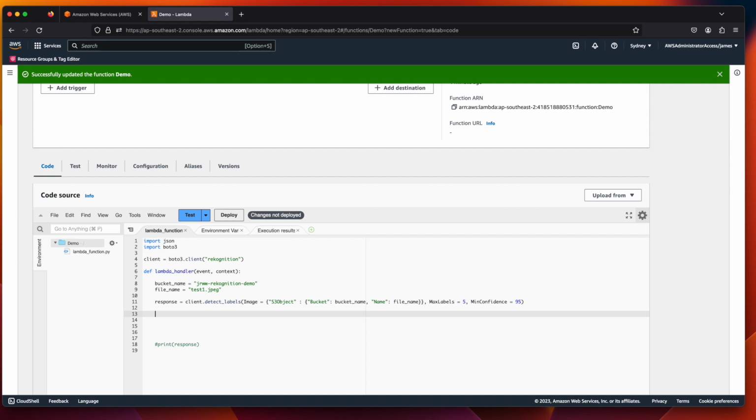So we'll now create a for loop, for label in response. So for each of the labels it responds, we now want to go